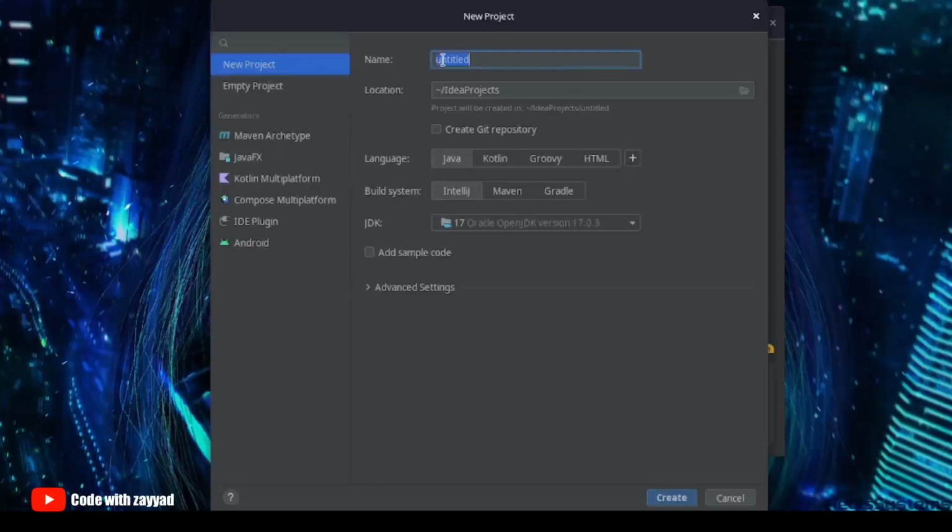to type in the name of your project. For me, I'm just going to name it Hello World, but for you, you can name it whatever you want. Since we are making a Hello World program, I'm just going to make mine Hello World. So in the location, I'm going to leave it as default, and then here language, make sure that